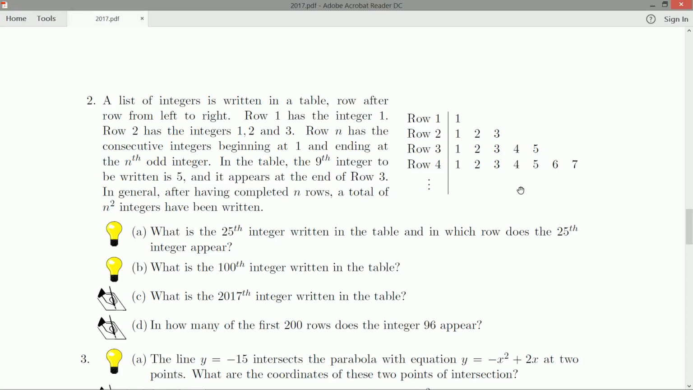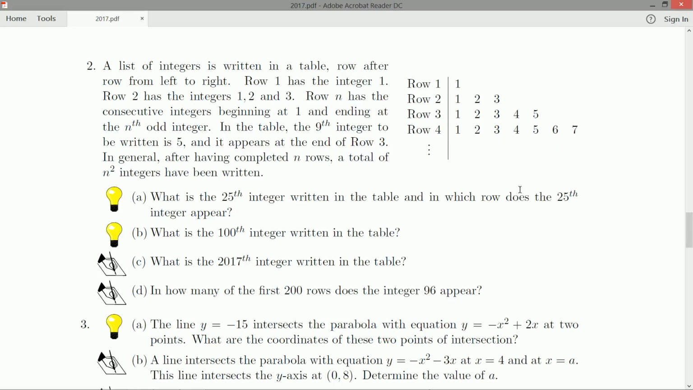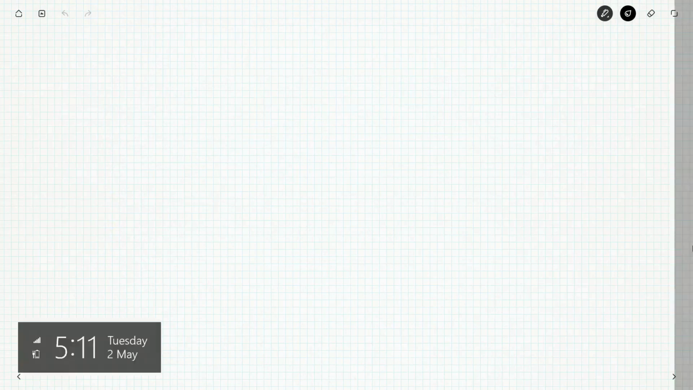All right. So we've got 4 parts to this question. Part A: what is the 25th integer written in the table, and in what row does the 25th integer appear? So to figure out what row number we appear in, I'd probably make the observation here that